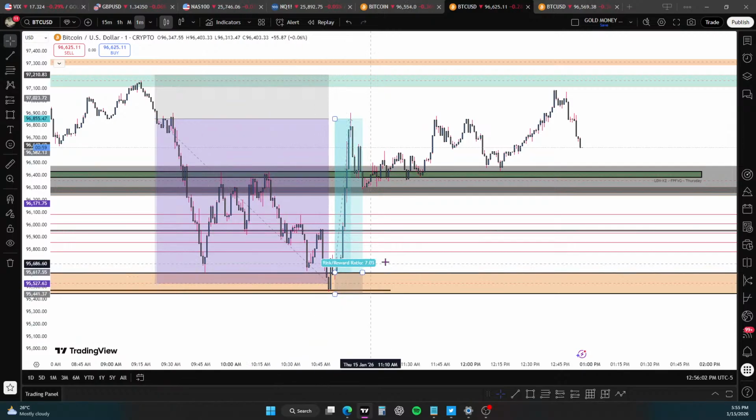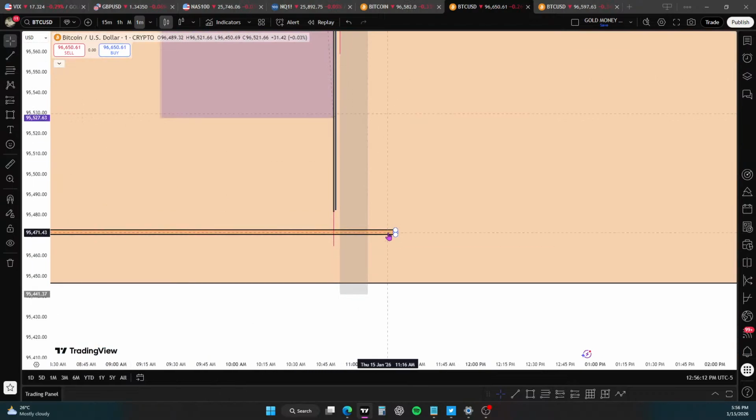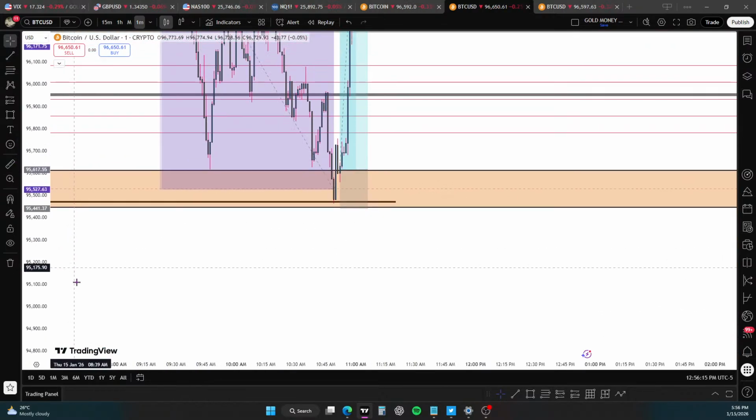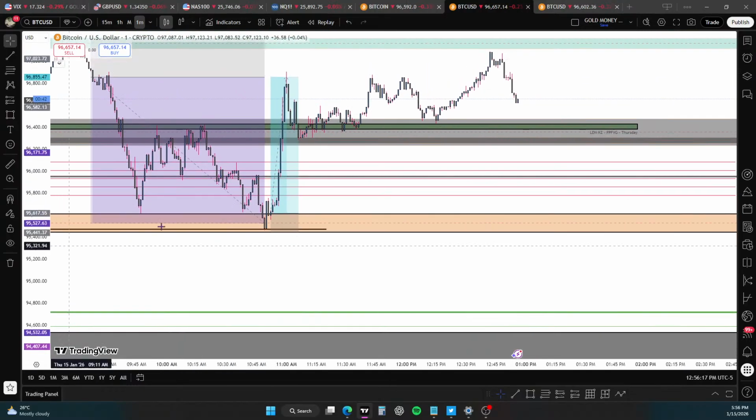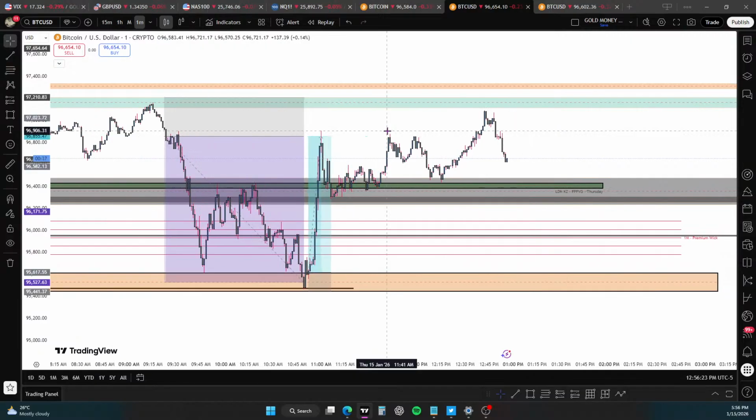But I knew that was going to happen in this scenario, because of this orange box and the respect of this smaller orange box that's inside. So the original gap inside of the first percentage fair value gap of the equities open, which is 9:30 AM Eastern Standard Time to 10:30 AM Eastern Standard Time. So yeah, I'm glad that I've got that out of the way. So that's what I'm looking at here. That's what I can see, and that's how I see people would have already taken that entry. That's how I would like to frame my entries around this box.